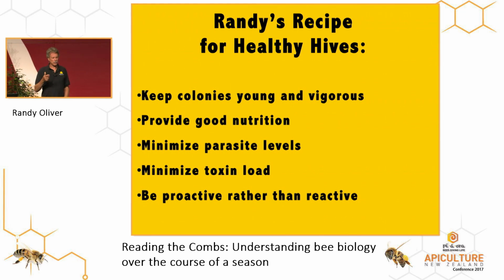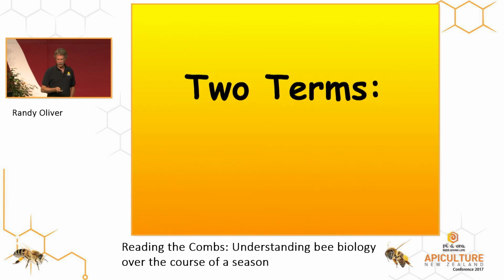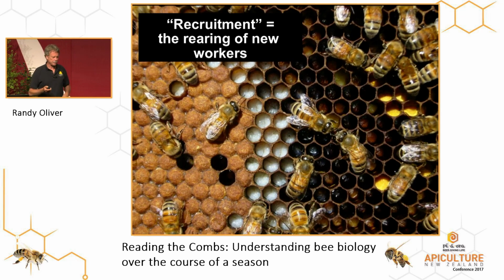The beekeeper who's successful, he's already gotten everything done and taken care of before the beekeepers who are less successful are even wondering whether they should be doing that particular thing. So try to be ahead of the curve. There's two terms, recruitment and attrition. What you understand is if you were in a war, you can keep fighting that war as long as you can keep recruiting new soldiers. The moment your recruitment falls off, you're going to start losing that war.